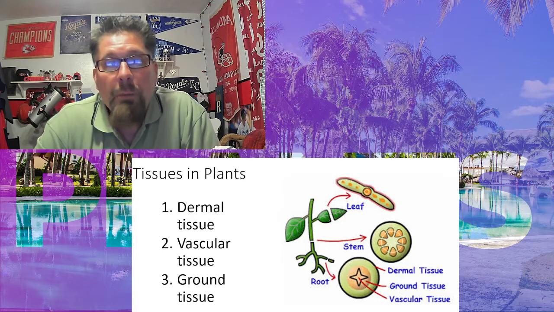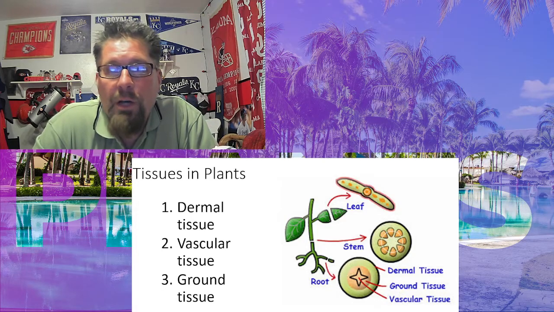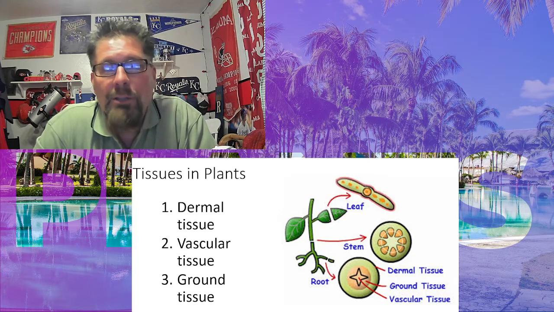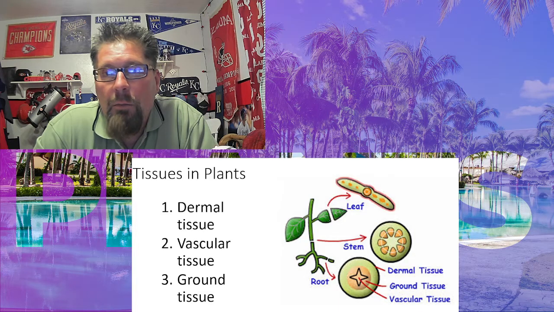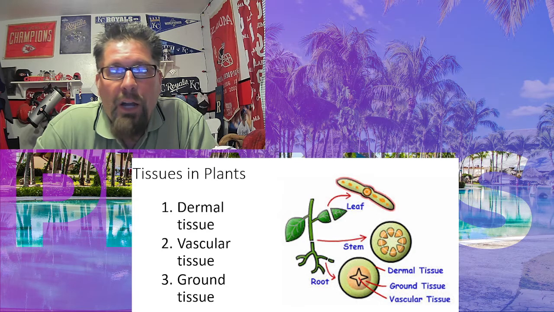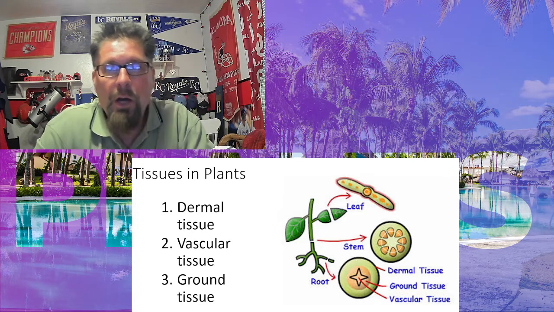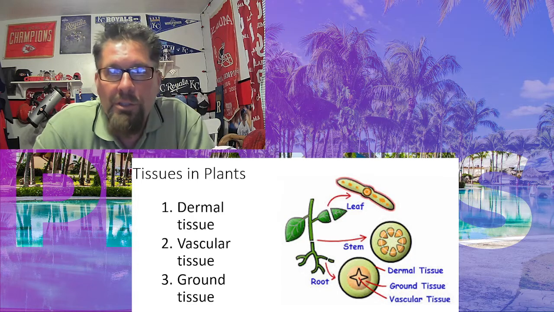Now, when we're talking about plants, the first thing we want to remind ourselves of is the three types of tissues, and this is the diagram that we saw in the last video, but I brought it in here as a start. Remember, dermal tissue is the outermost tissue layer. Vascular tissue is the tissue that transports the needed materials around the plant, whether it's from the ground, as in water up, or the sugars from photosynthesis down. And of course, ground tissue is